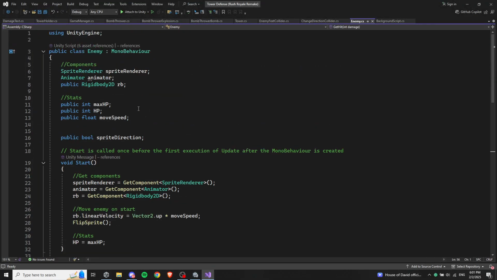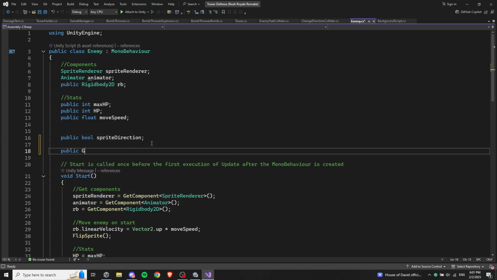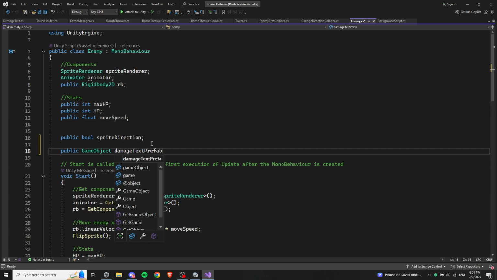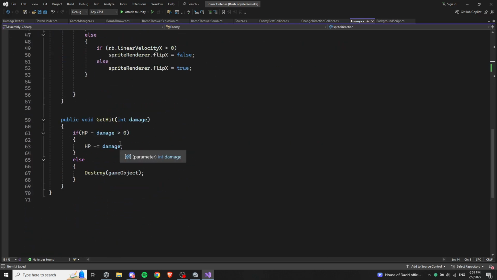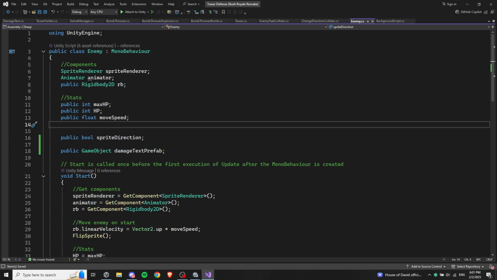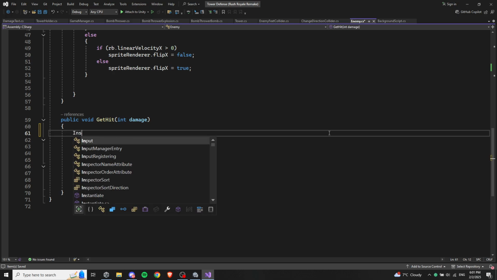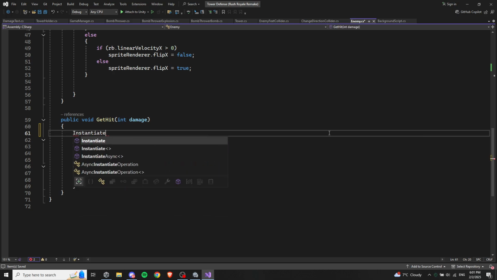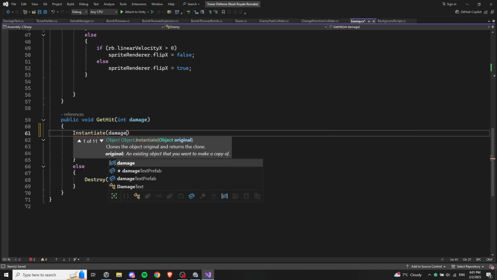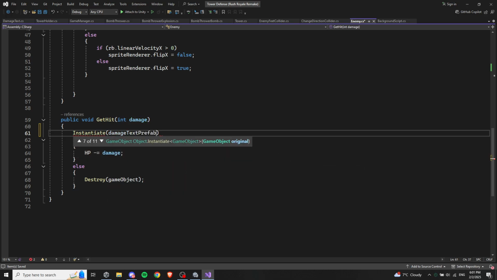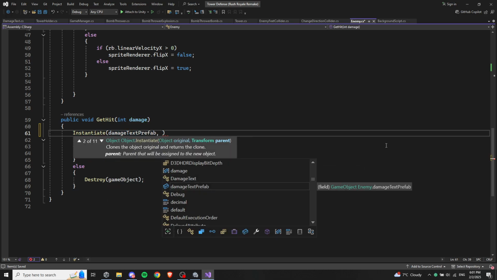So here in our enemy script, we'll say public GameObject damageTextPrefab. And here when we get hit, we want to take that. So regardless of whether the enemy dies or not, either way, we want to spawn that text. So instantiate the damage text prefab, and then the position should be